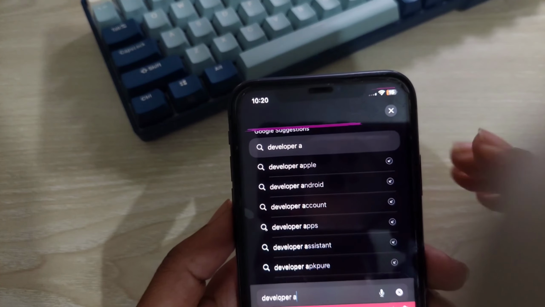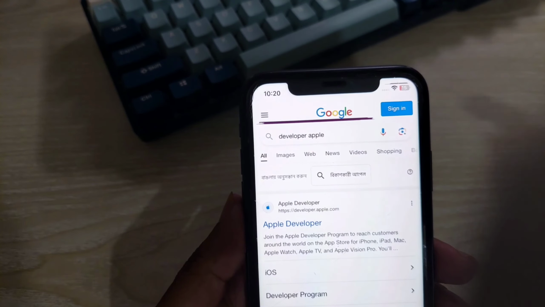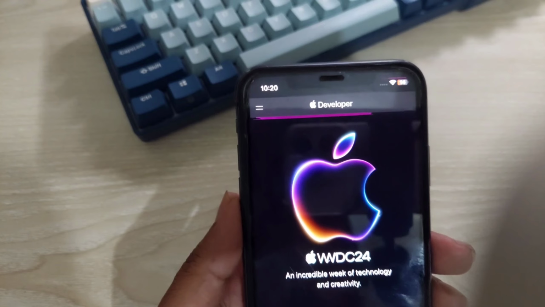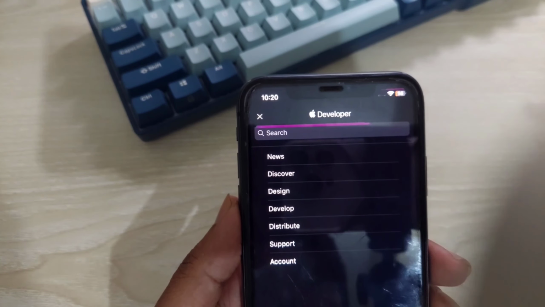developer.apple.com. You have to go to your Apple developer website. This one, you have to press on this link and go to the left top corner, press on account,